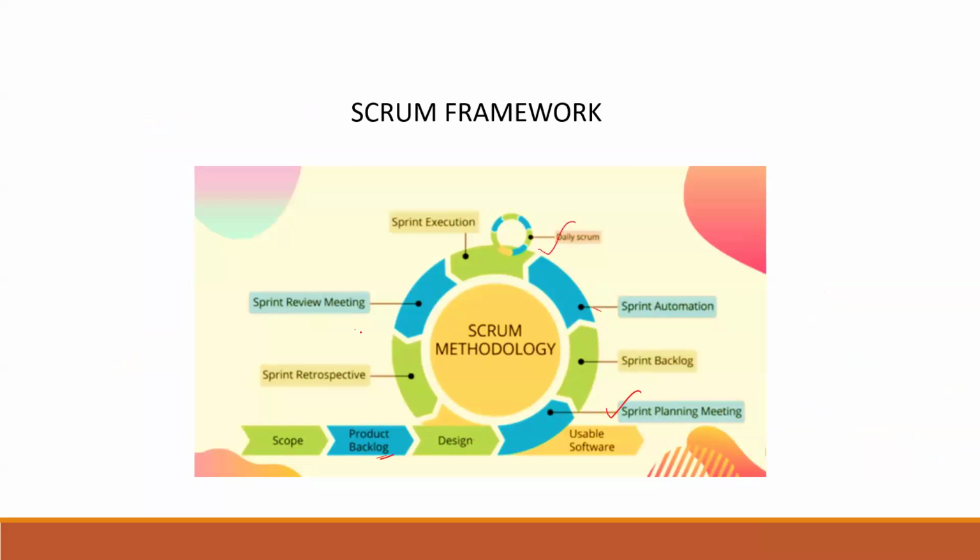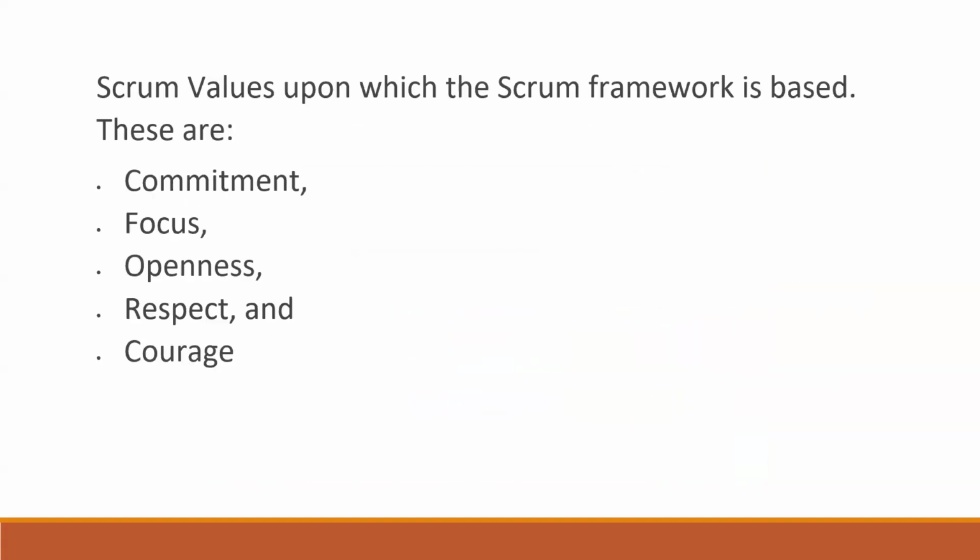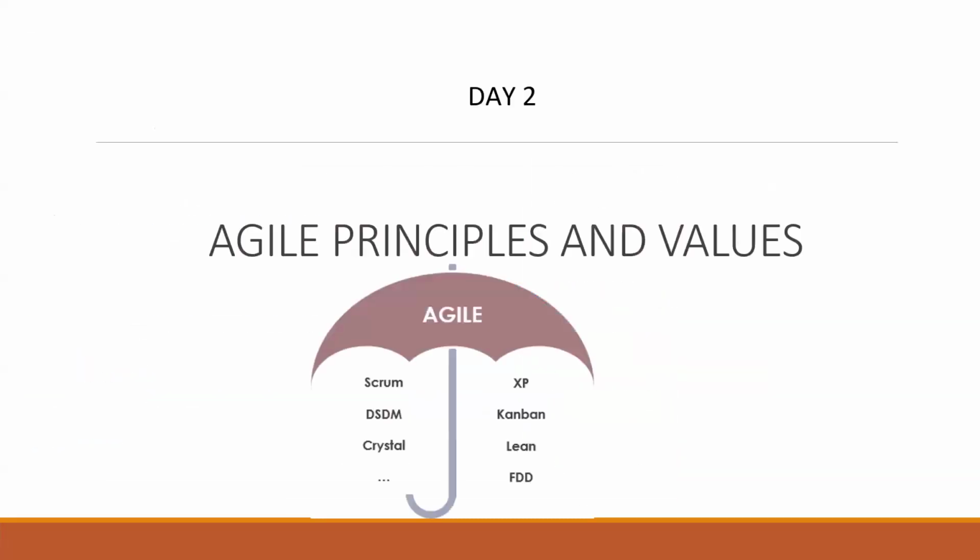We have the daily scrum happening, the review meeting, the retrospective. This is a graphical representation of the activities, but the major events are the things which happen in Scrum. As a Scrum Master, you will be involved in all the activities. You should make sure that these are happening as per the Scrum guide. That's the definition. Are you clear? Any questions, doubts?